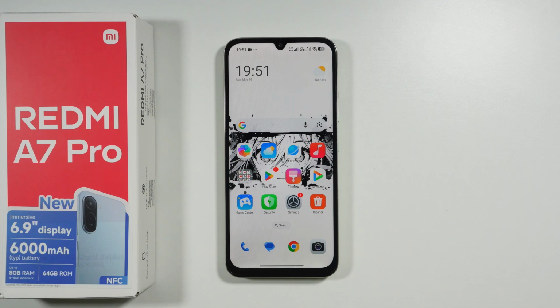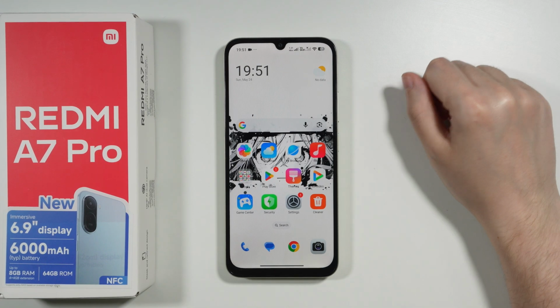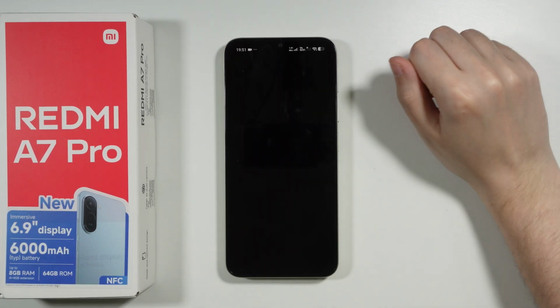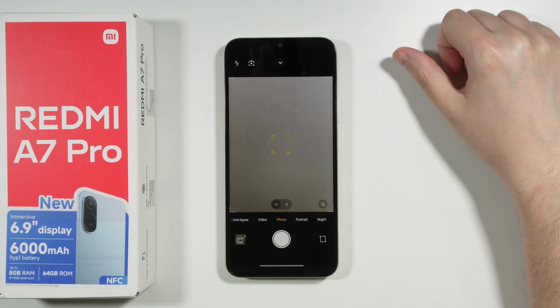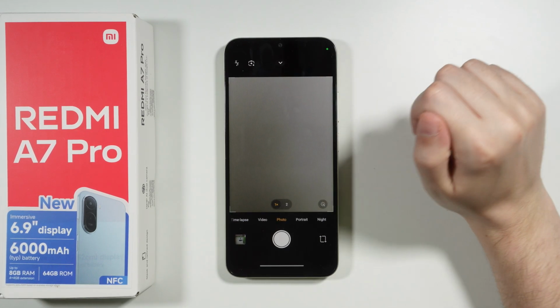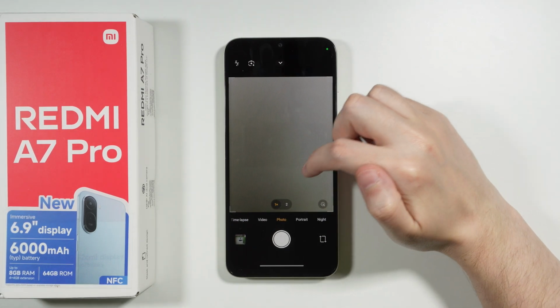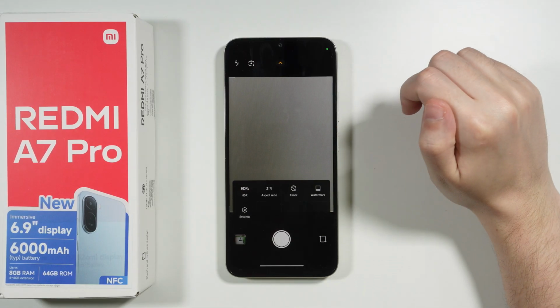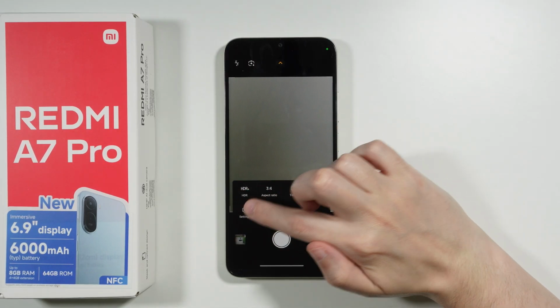Let me show you all camera settings that we have available on Redmi A7 Pro. So let's open the camera. Of course, in order to open camera settings, we need to either tap on this arrow at the top, or we need to swipe down on the camera preview to open this section over here, and then we can find